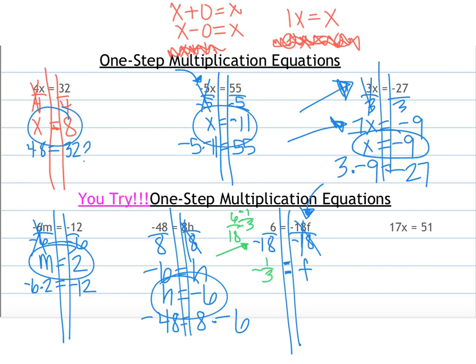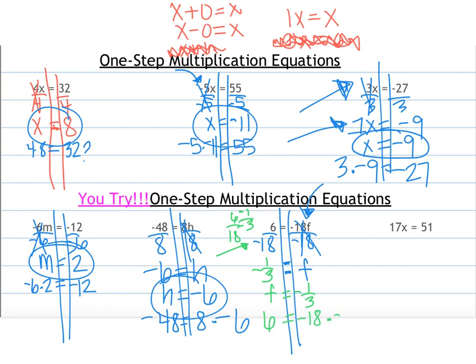So then I'm going to rewrite it as f equals negative 1/3. And you can write it as 0.3 repeating. That's fine. Negative 0.3 repeating or negative 1/3. So now let's put it back in. 6 equals negative